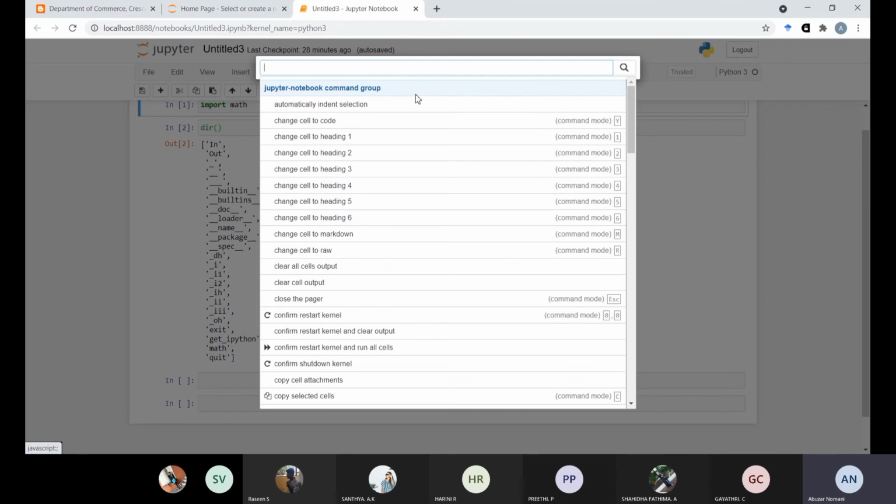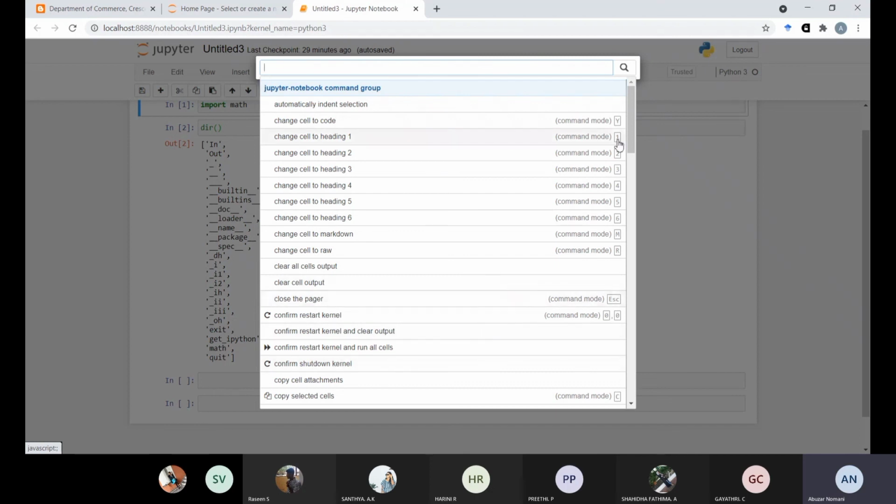In that you can see change cell to code. If you want to change the cell into code, then the command is Y. If you want to change the cell into heading 1, then 1. Change cell to heading 2, 2, 3, 4, 5, 6. Then change cell to markdown, M. Change cell to raw, R. Cell output, clear all output, close the pager.